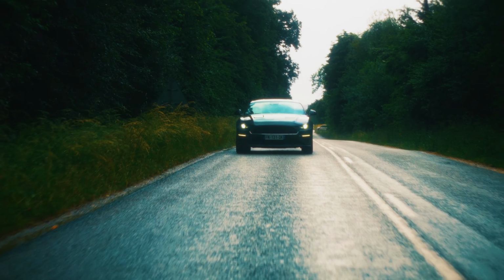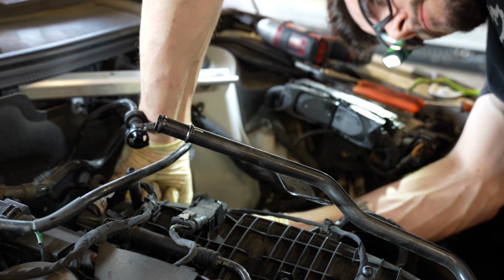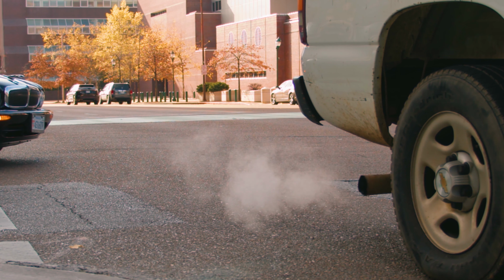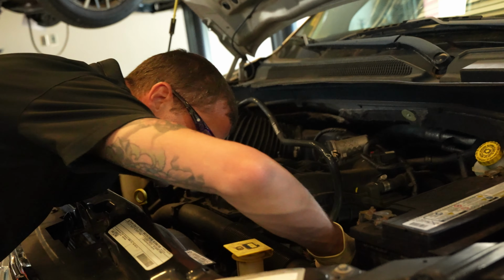A rough idle or difficulty accelerating might point to problems with your fuel injectors, air intake, or even the ignition system. Number 3, smoke from the exhaust. Blue, black, or white smoke from your exhaust indicates different engine problems, from burning oil to coolant leaks or unburned fuel. Now that you know some basic tips on how to troubleshoot at home, here's how our expert team specializes